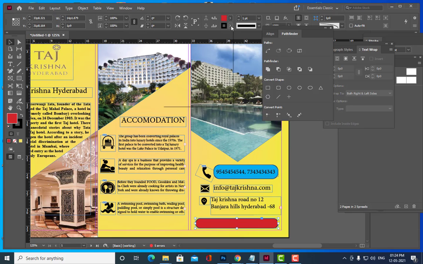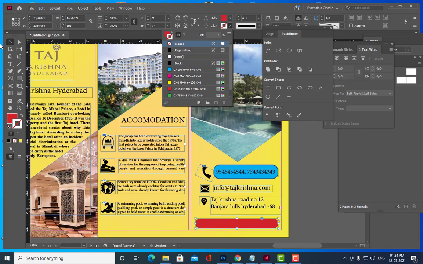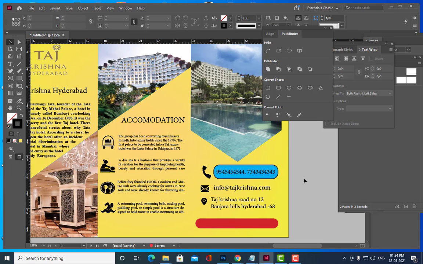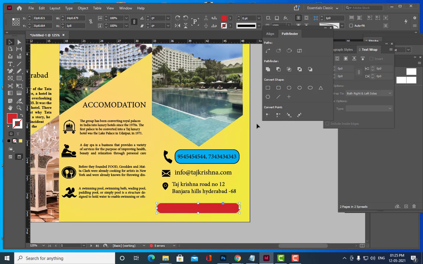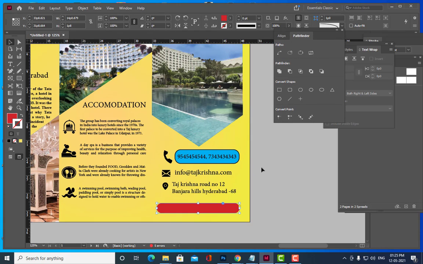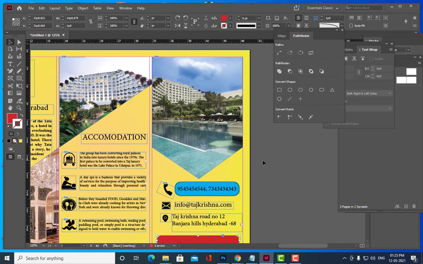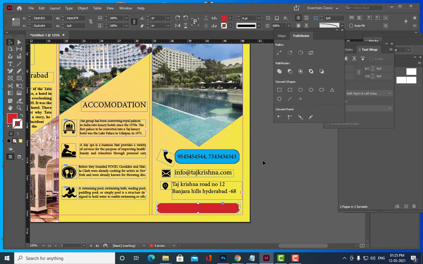So how to give gradient? Anybody can tell? How to get a gradient? Anybody can tell? Everybody is sleeping or what? Nishant?